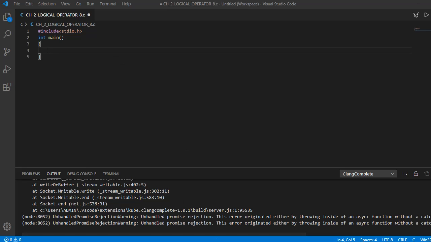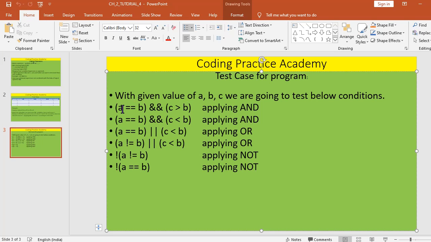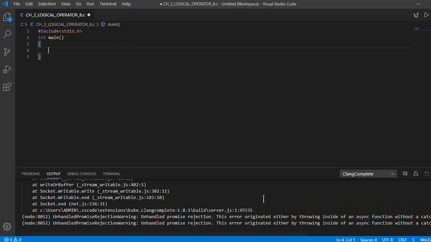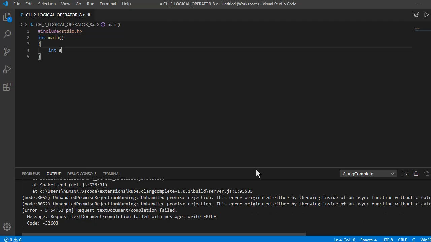Now see how many variables are used: 1, 2 and 3, A, B and C. So we declare int A. There should be some value to int A. To test those conditions, we declare suppose 5.